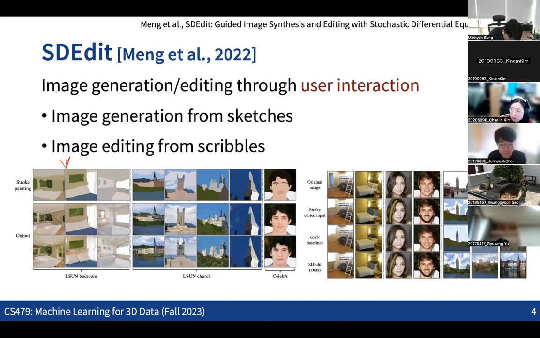You can see that the first row is the input and the last row is the output, which is the realistic images that are close to the input strokes and sketches. And even given some realistic images, we can allow the user to draw scribbles like this, or add some strokes, in a way that we can convert this composition of sketches and real images into the closest real images.